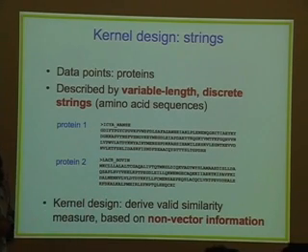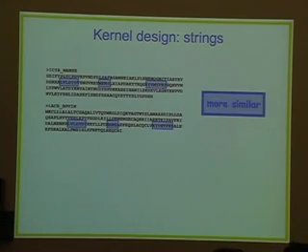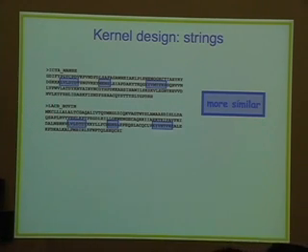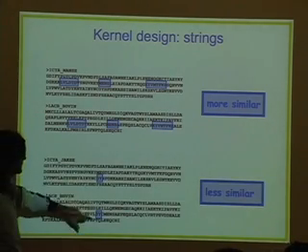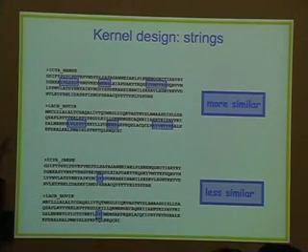Because, for example, here what you could do is you could say, well, if these two strings of amino acids have a lot of common substrings, for example, like here, there are some of these substrings that are in common between the two amino acid sequences, and they're pretty long, then we could say, well, they're actually quite similar. But if we would deal with two proteins that are sharing only very short and only very few common subsequences, we could say, well, they're actually less similar. So it's actually sometimes very obvious, based on the information that we have about our data, to say whether two data points are more similar or less similar. Why it might be much harder to transform the information into a vector of numbers. Okay. So basically, what we're doing here is exactly deriving similarities, is designing kernels.